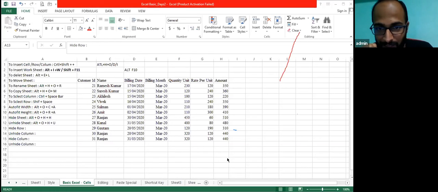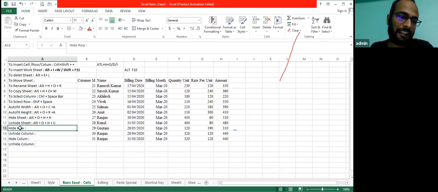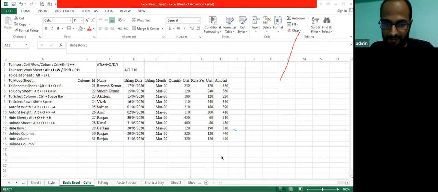Rupa, yes, Control, small bracket, Shift, the same command, Control Shift 9. Admin, just move the cursor to where you have hidden the row. Is it working or not? Control 9 to hide and Control Shift 9 to unhide.